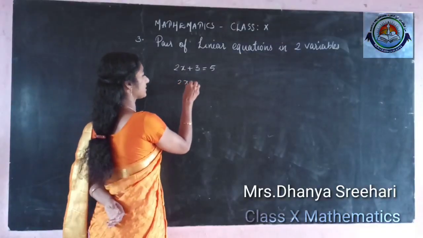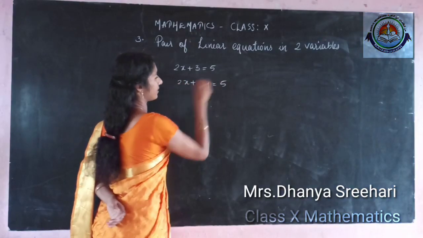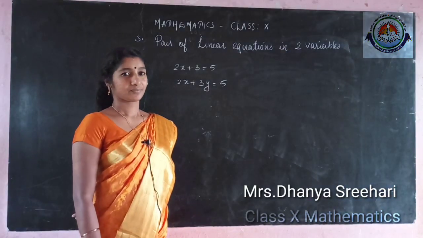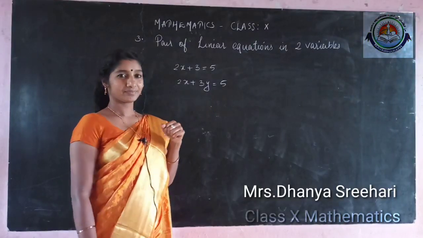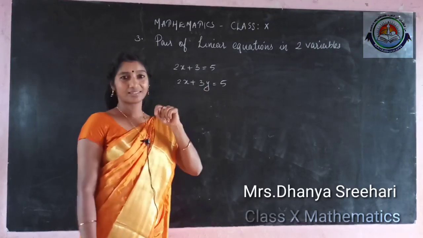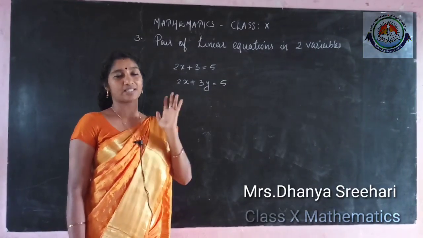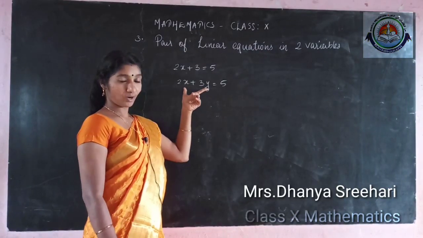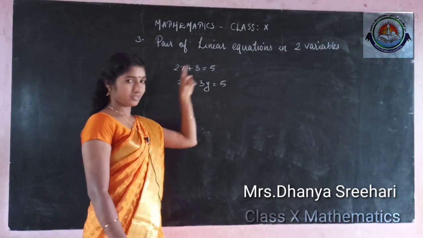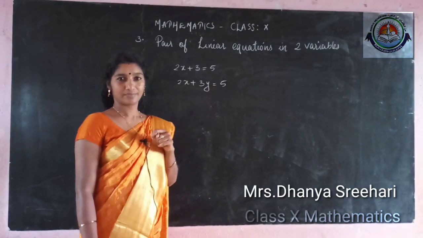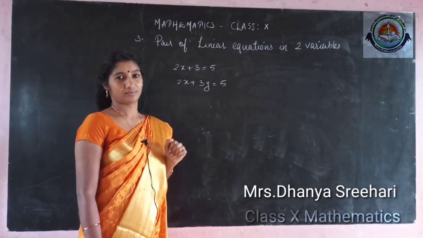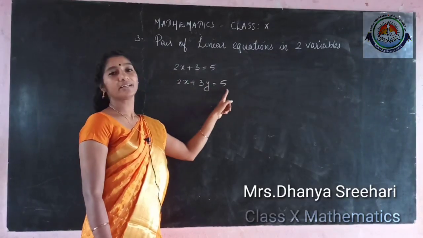So this example we can make like this, 2x plus 3y is equal to 5. Now it becomes a linear equation in two variables. Which are the variables? X and y are the variables, and 2, 3 and 5 are real numbers. They are not variables, they are constants. Why are we calling it an equation? Because of this equal to symbol. So this is an equation with two variables, and the power of the variable in this equation is 1. So we can call it a linear equation in two variables.